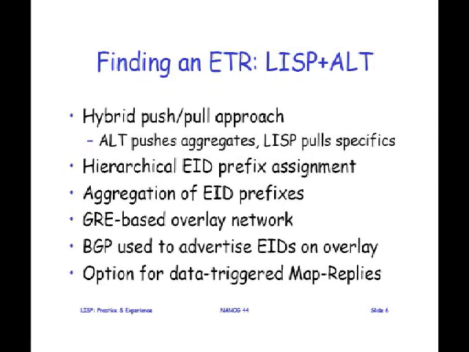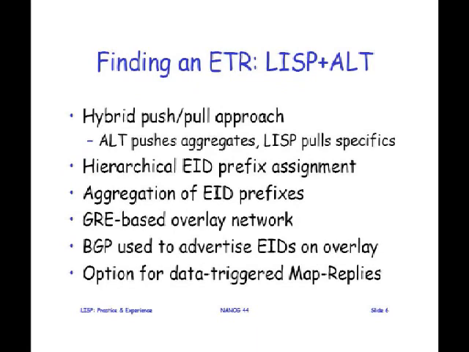And we're trying to keep the EID prefix allocation hierarchical, because if we have that thing get completely deaggregated, then all we've done is move the problem we have in the core to the mapping system, and we don't want to do that because then we haven't won anything. So we're trying to keep the EID prefixes really coarsely aggregated. And the way we do this is that we just run it over a GRE overlay.